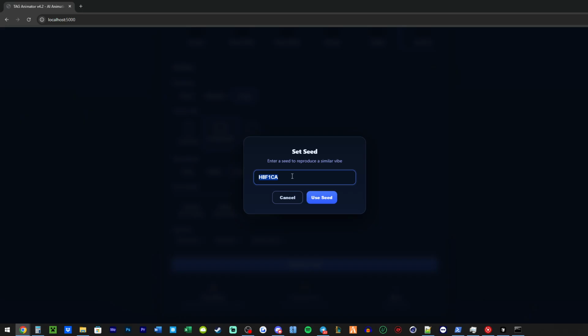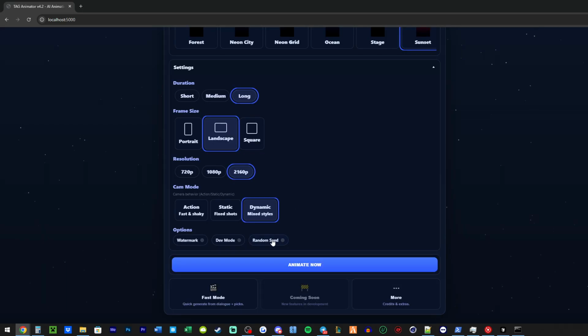So obviously this isn't going to be, okay, somebody had a really good animation, I want to copy that same one. You wouldn't do that. The way you would do that is there's going to be another feature in the future where you could copy the exact same script and everything, and if somebody were to share that animation out, it would have a shareable link if you wanted to use that same animation style.